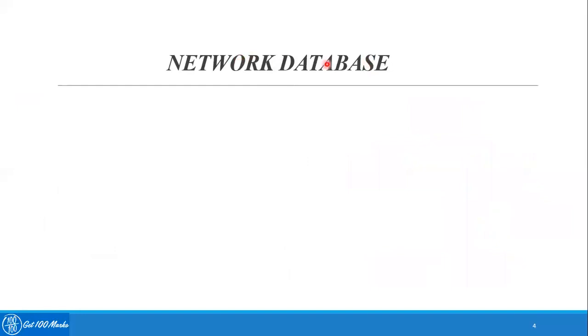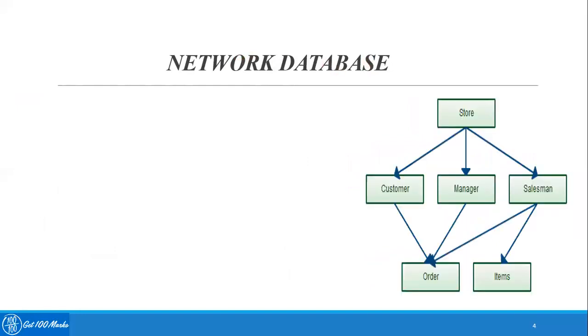Now let's talk about the network database. From the diagram, you can see it is entirely different from a hierarchical database where only a tree-like structure or parent-child relationship is followed, but here interconnections are possible. So you can see the rule of one child having only one parent is getting ruled out. See, here this child is having many parents. So that is possible when it comes to network database modeling.